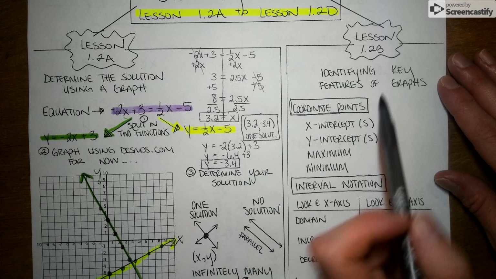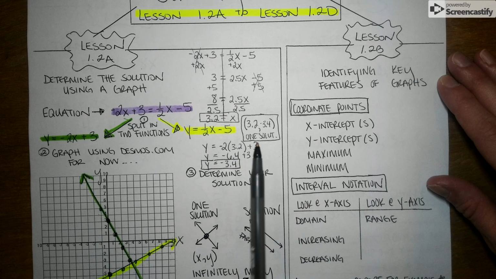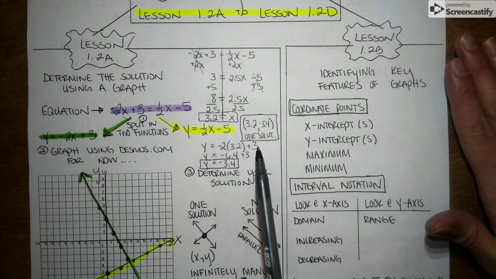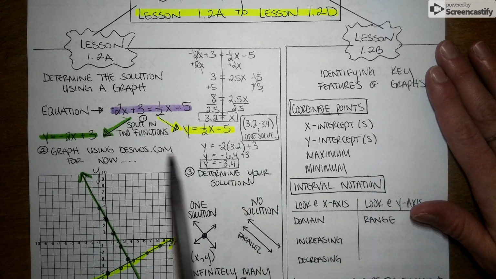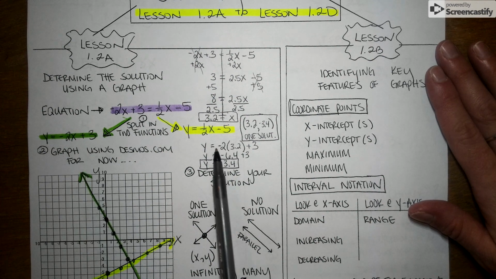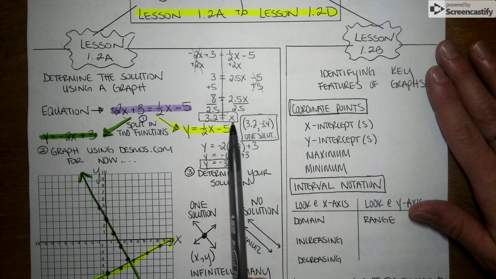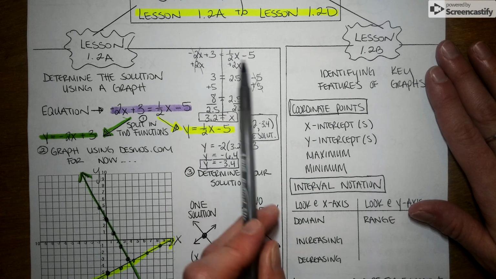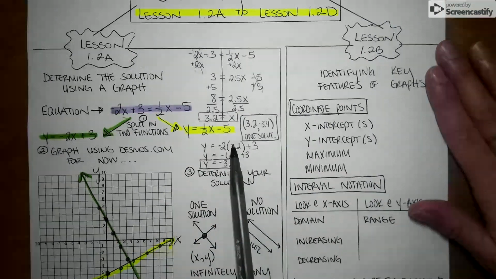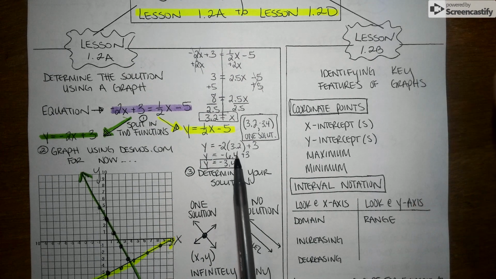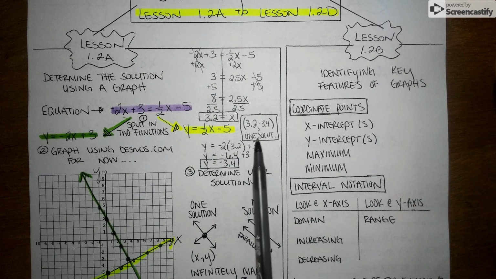All right, welcome back. Before I head into lesson 1.2b, I'm going to just quickly finish up with lesson 1.2a. So we left off by taking the green equation over here, rewriting it so that instead of x, we are putting in our solution that we got above from what we learned from 8th grade math. And we're going to go ahead and do order of operations in order to figure out what our y value